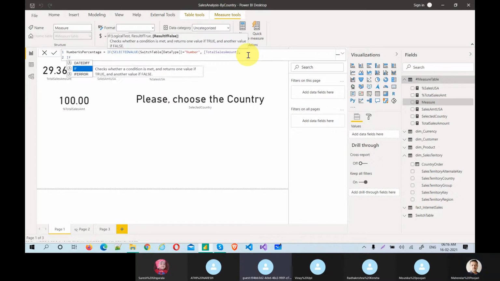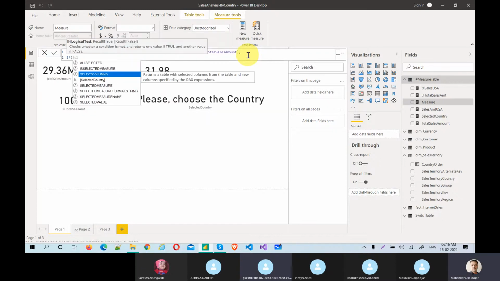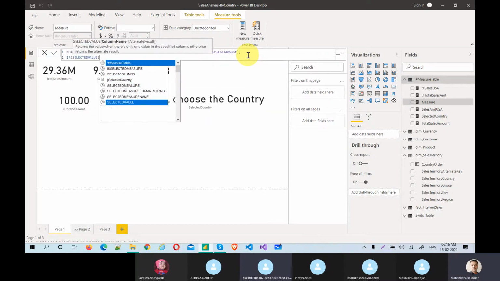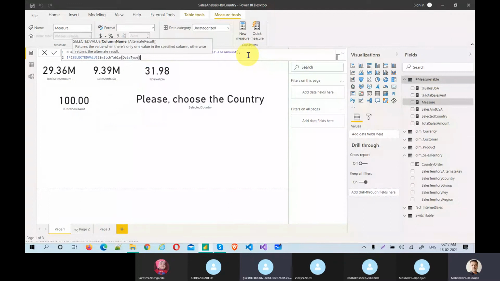If the selected value is equal to, this time what? If the selected value is equal to data type, again, data type is equal to percentage. Percentage. We'll check the spelling. If that is not working, which means my